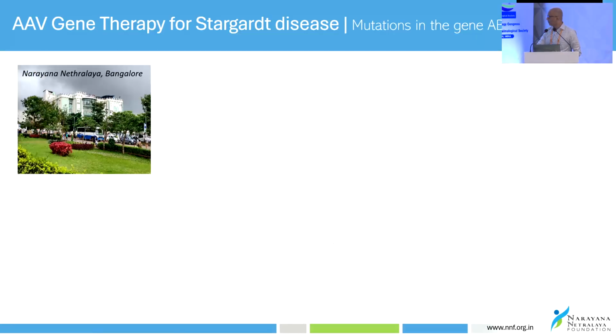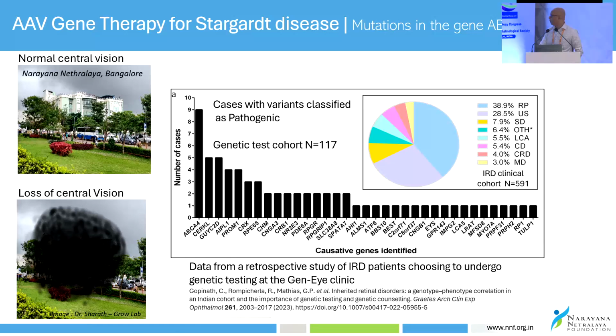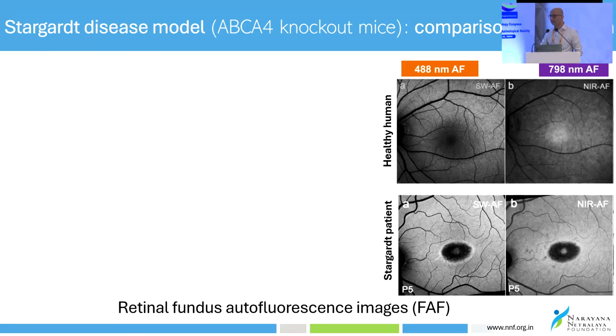Some of the examples we wanted to show use Stargardt's disease, and we are very familiar with what happens with Stargardt's disease, along with lipofuscin accumulation and drusen formation. You lose your central vision, and also in the Indian cohort, we do have a lot of ABCA4 mutations in the patients. So we are going to use that as an example to show how the dual vector strategy can be very